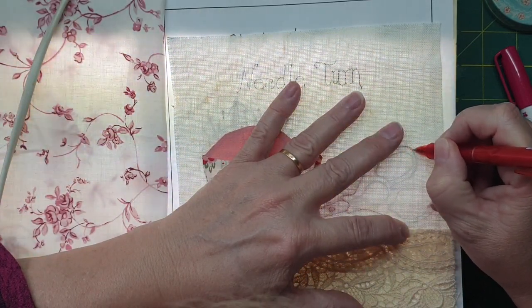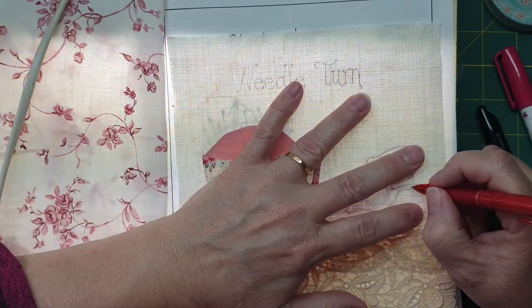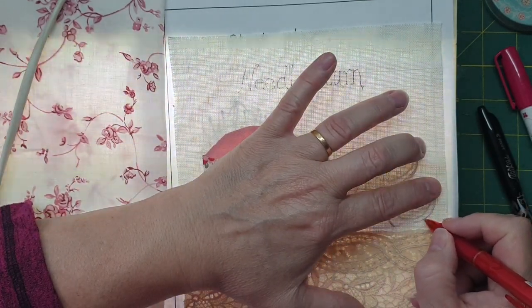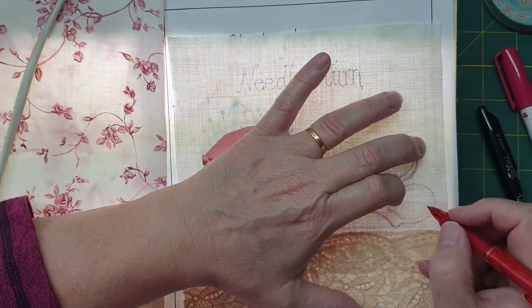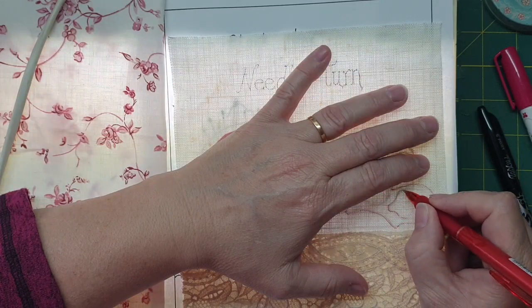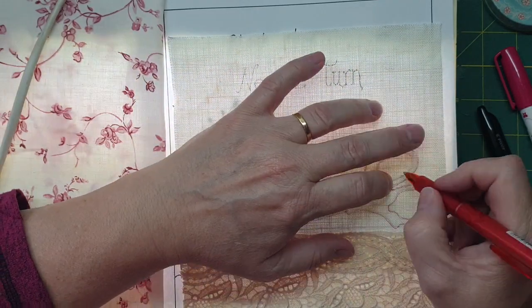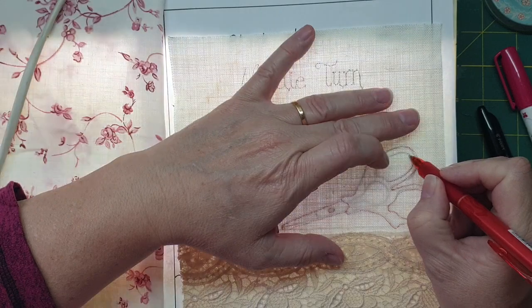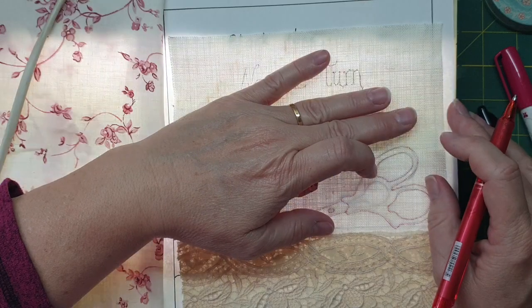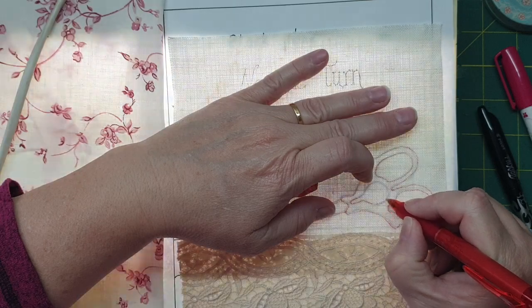Now I've done this before in a very early tutorial, a long time ago, when I made my scissors case. I'll show you that in a second. Just busy concentrating at this point. Now do the same for here. Okay,